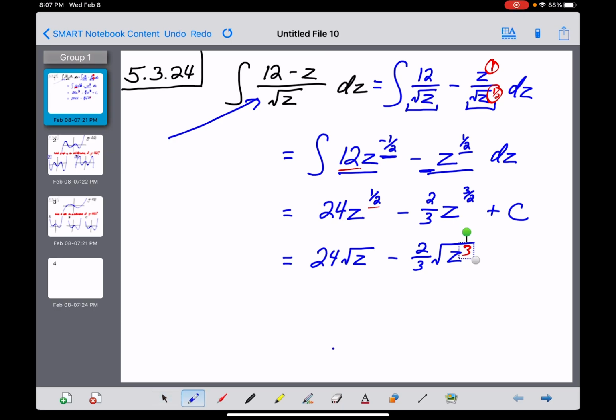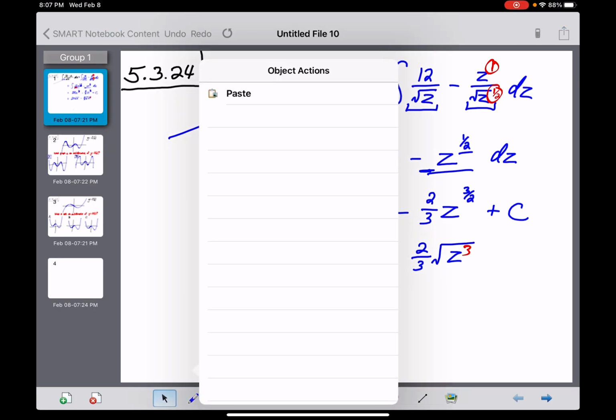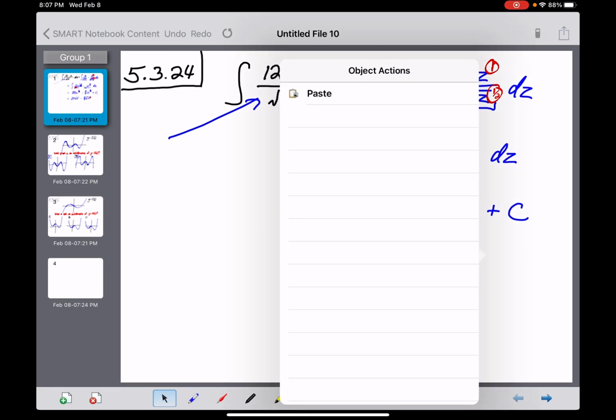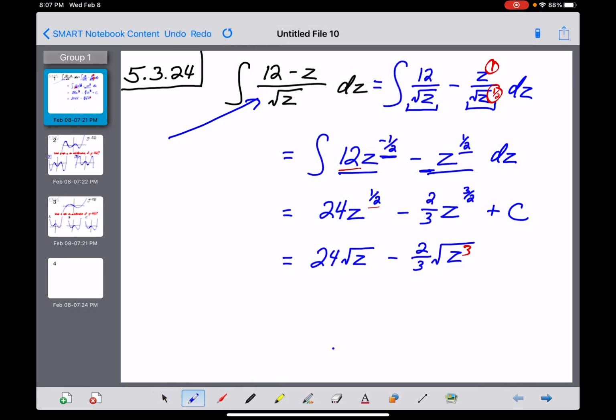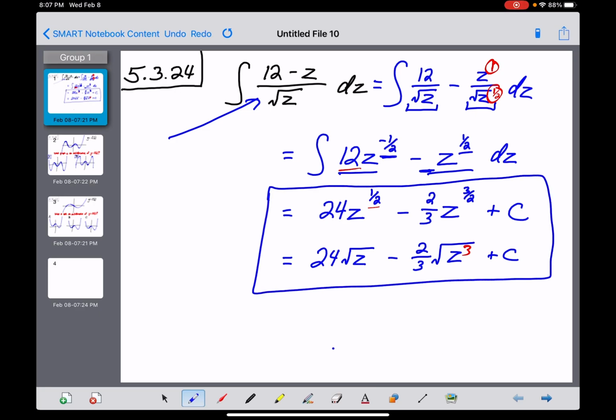Both of those are perfectly fine. And then there'd be a plus c at the end of all that. So either one of those two answers is perfectly acceptable, and either one of them is going to get you full credit, guys. I'm not saying at this level you have to write it one way or the other,